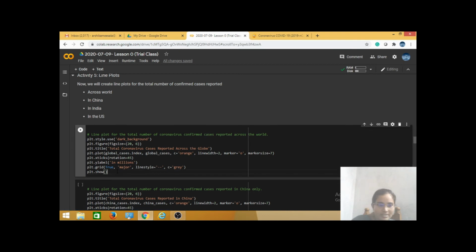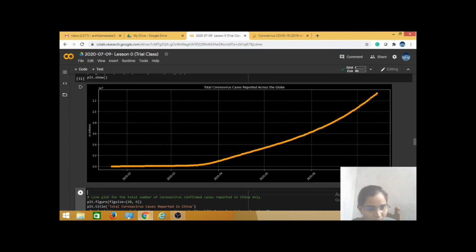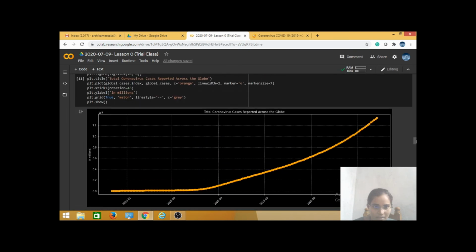If you execute these statements, see here, I am displaying my line in orange color and the line width is 2, whatever I gave here. And the marker means the line is displayed using these bubble symbols like 0 0 0 0, and the marker size is 7 here.